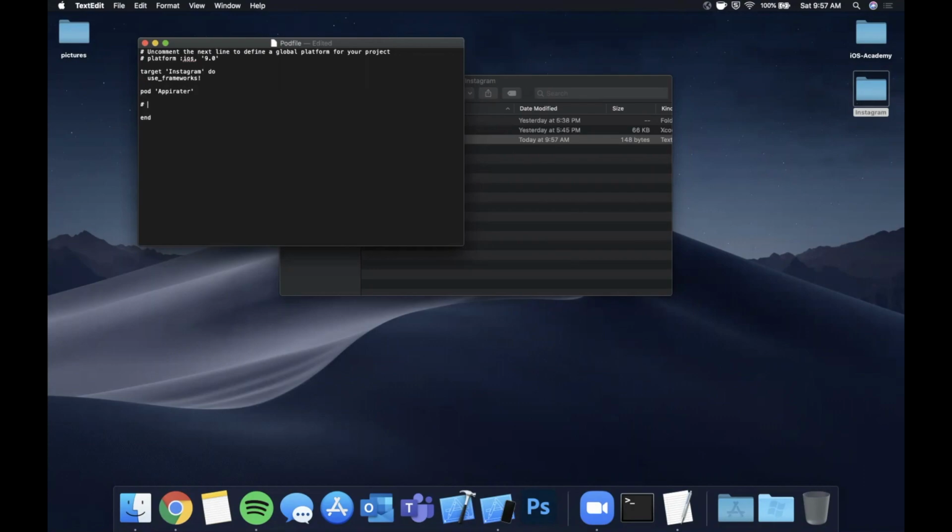Then we're going to bring in a bunch of Firebase pods. And if you're not familiar with Firebase, Firebase is what we're going to be using for our database, our login, registration, all that good stuff, analytics, and basically all of our backend services. So you're going to want to bring in Firebase Core and a few more. We're going to want Firebase Auth,